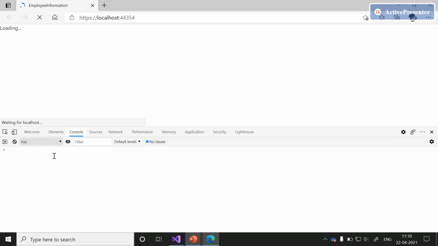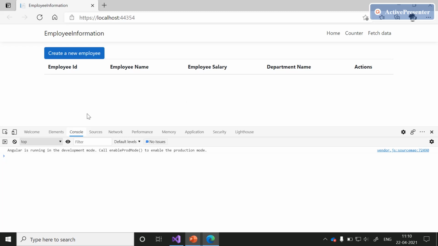Let me clear this console. Hard reload will automatically reload this page whenever we save on the client side. Just observe this console. Live reloading enabled. Just clear this console.